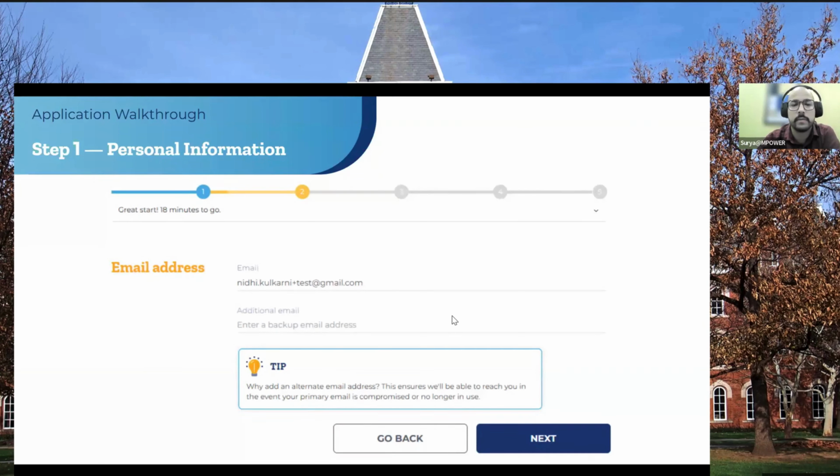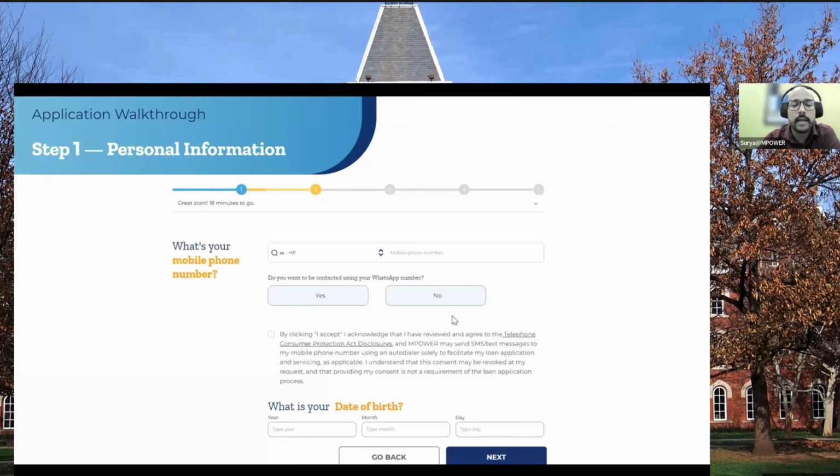So you can also provide us with an additional email. Then we would like to understand your country number so that we can reach out to you over call if it is required for any kind of communication regarding your loan application.